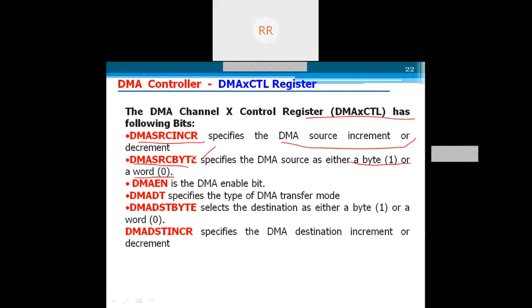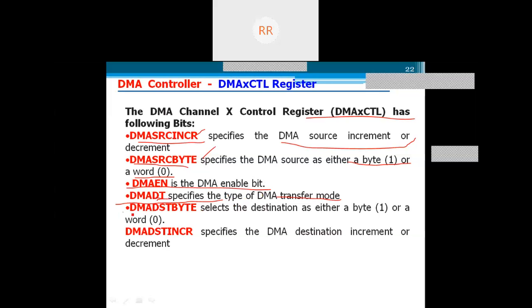If this bit is set, that means you are transmitting a byte. If this bit is set, you want to increment the source address. And the DMA enable bit is the DMA operation enable bit. Data transfer mode: here you will be having certain modes. These 8 modes are available, and those modes are programmed by these 3 bits.